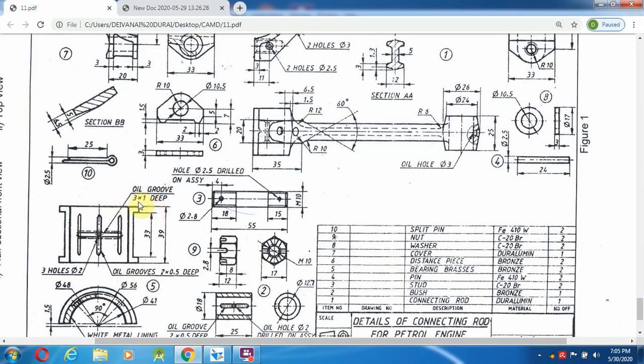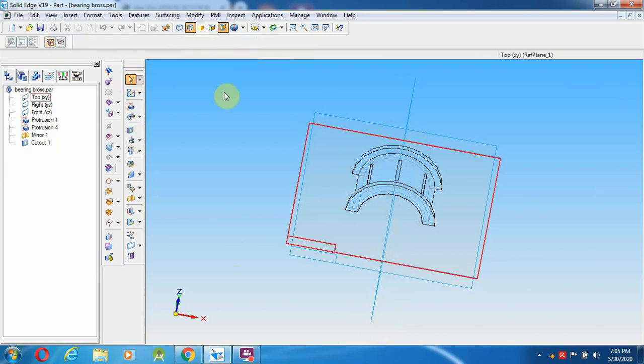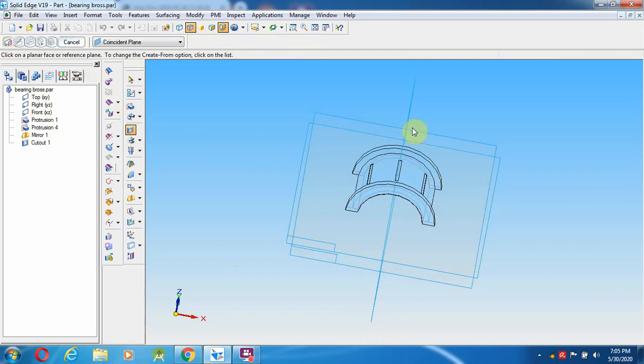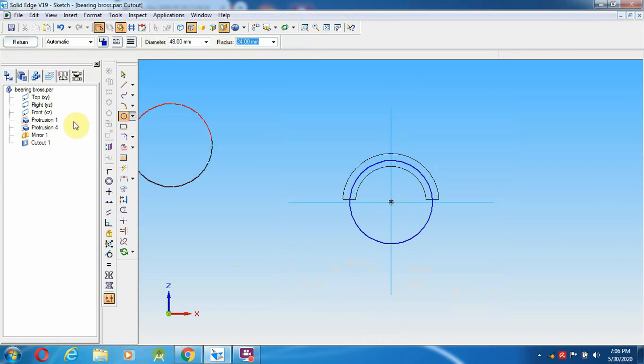So again select cutout option, the middle plane, select a circle from here to 48, and 1 mm deep means select a circle from here to 47 mm, not 48. So deep only the 3 mm.